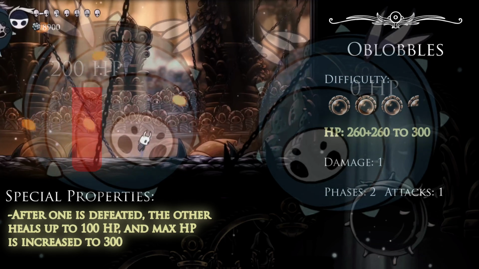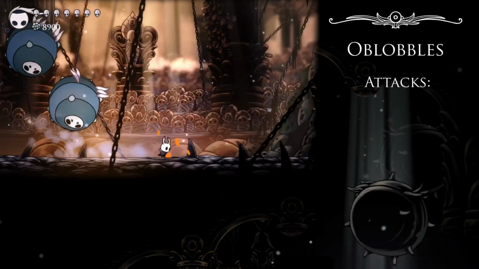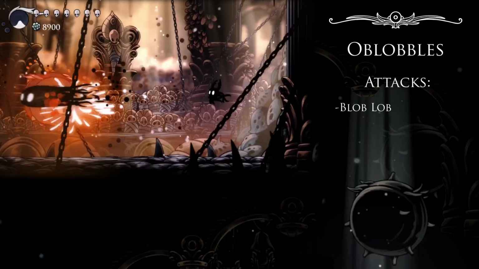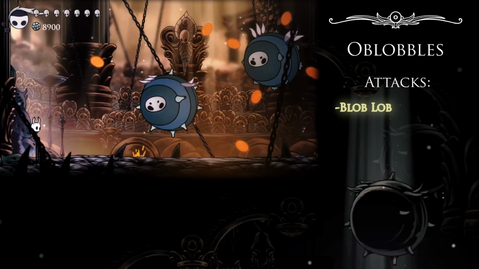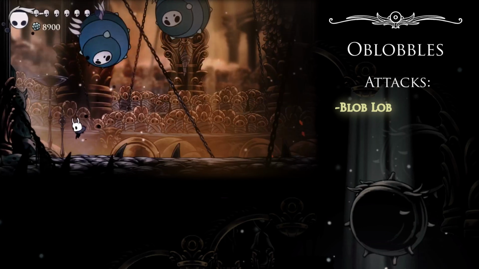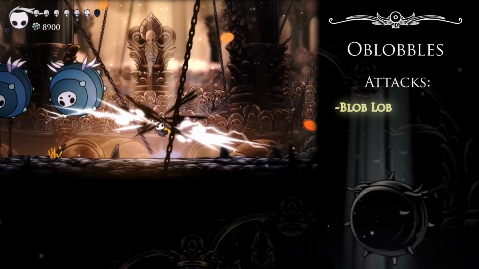I hope I explained that okay, because whether I did or not, we're moving on. You can look at the fact that they only have one single attack as a good thing or a bad thing, because the Bloblob, the Oblobble Bloblob, if you will, is just pure projectile dodging. Can you dodge a lobbed blob? Can you dodge 48 lobbed blobs in quick succession? If the answer is yes, then this fight's already over. If no, well, neither can I, so stick with me for a minute and we should be able to at